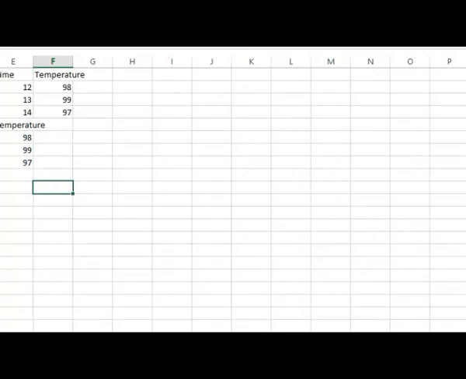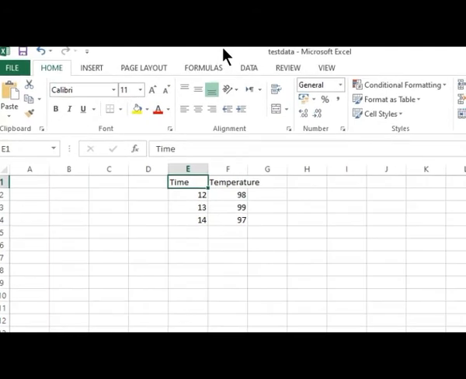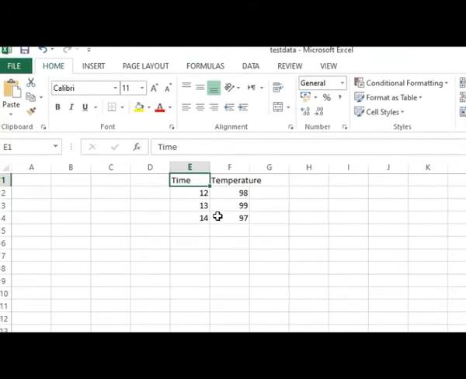It has written at E1, this is the E1 position. It has written time and temperature, 12, 98, 13 and 99, 14 and 97.